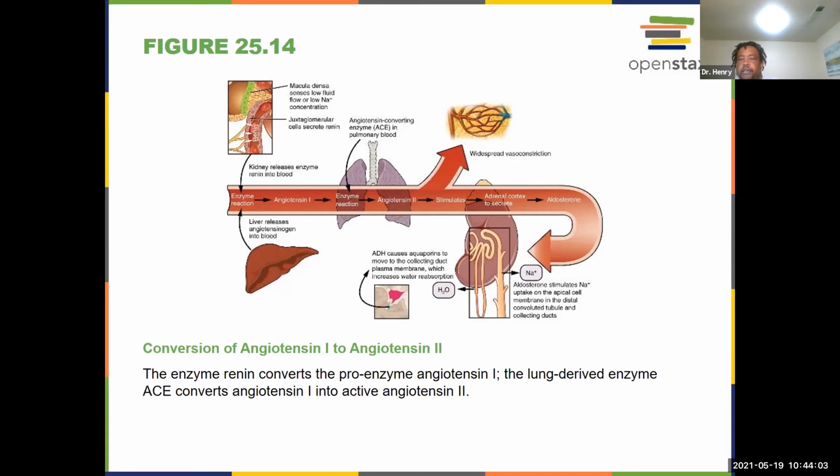It has limited processing powers, right? So that enzyme then is going to be further processed to the active form, which is angiotensin 2. And that's going to be done by the ACE enzyme, which stands for the angiotensin converting enzyme. So it's going to convert it from the poorly to no active form, angiotensin 1, to the active form of angiotensin. And so this process is happening